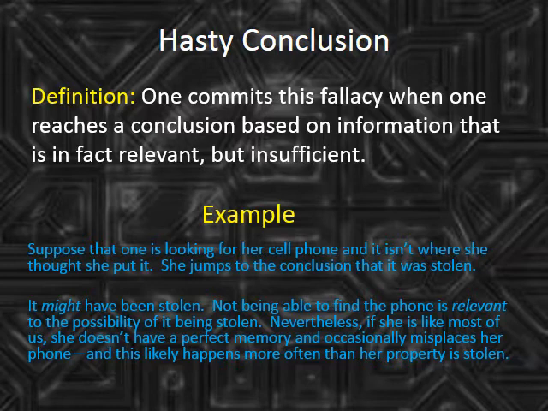One more very important thing to note. Just as with other fallacies we have been discussing, this has nothing to do with whether or not you are actually right by chance or by luck. Suppose you are missing your phone, so you jump to the conclusion that not only was it stolen, but that it was stolen by a woman. And not just that, it was stolen by a woman with red hair. And not just that it was stolen by a woman with red hair, but that it was stolen by a woman with red hair wearing a blue pantsuit. You have no good reason to believe that this is true. You haven't seen such a woman. You just jump to that conclusion.